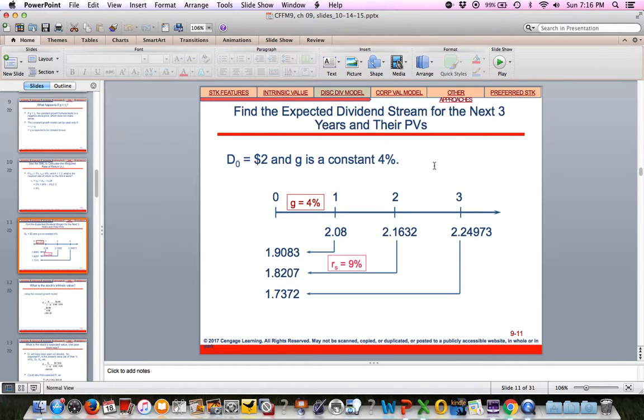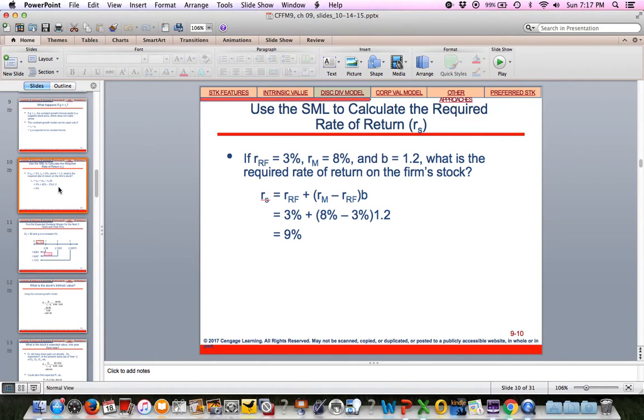This one says just to find the expected dividend stream for the next 3 years and the present value of those dividends. So it says here if dividends today are $2, D0 is $2, and the growth is constant at 4%, what will future dividends be? And we're just doing this basically. You get 2.08, 2.1632, 2.2497. We bring those all back to present value using that 9% rate that we just got done coming up with,